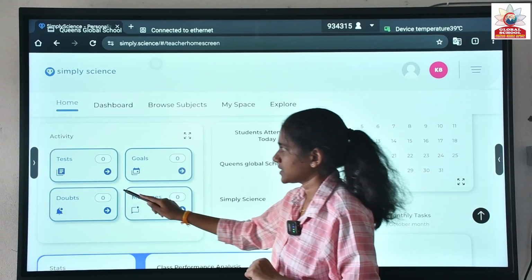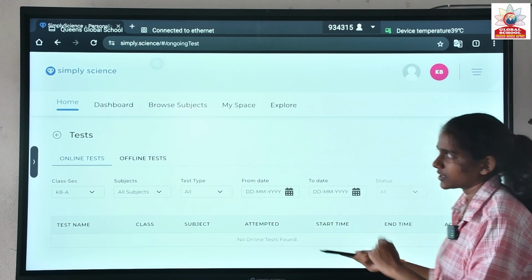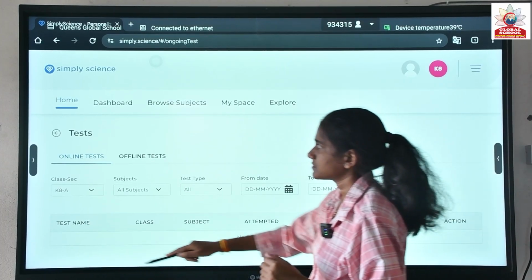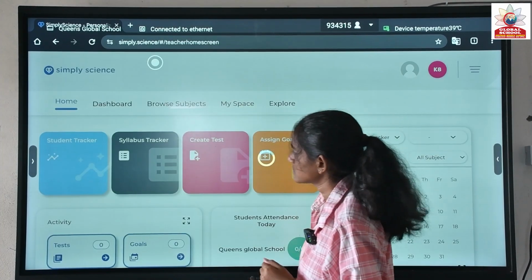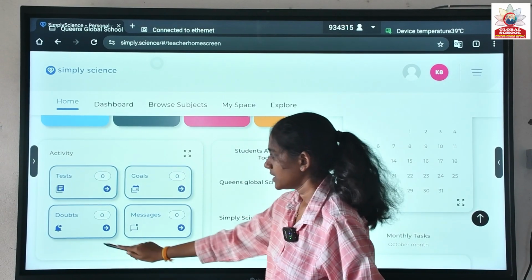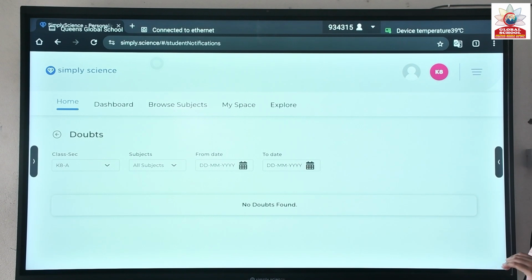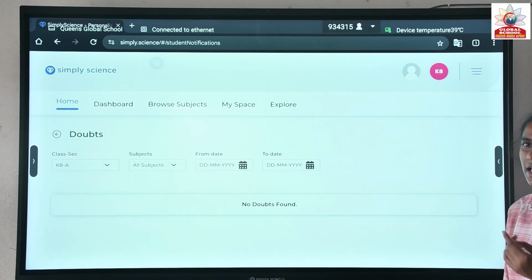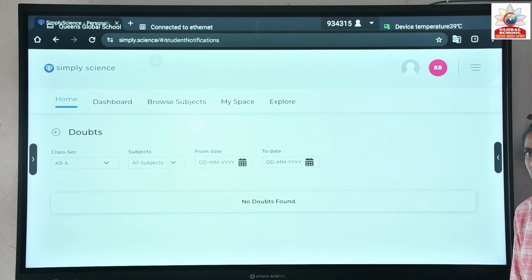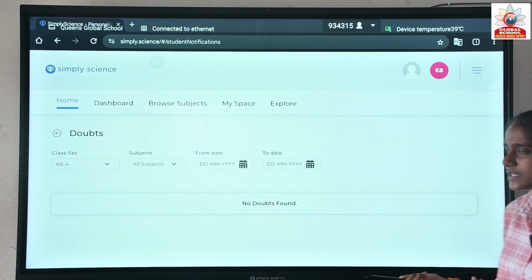Here, under test, if you have created any tests, you can see them: which online tests are going on and the offline tests. And goals: the homework you have created, that also you can see. Any doubts students send, they will have this doubt option. If a student has some doubt while reading a particular topic at home and wants to ask you, they can send a message to you.